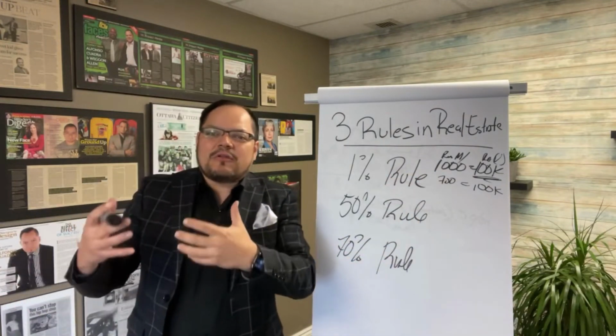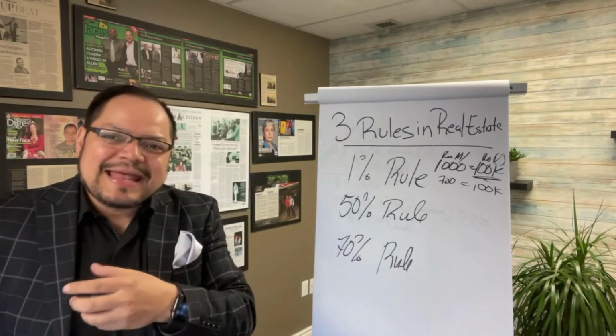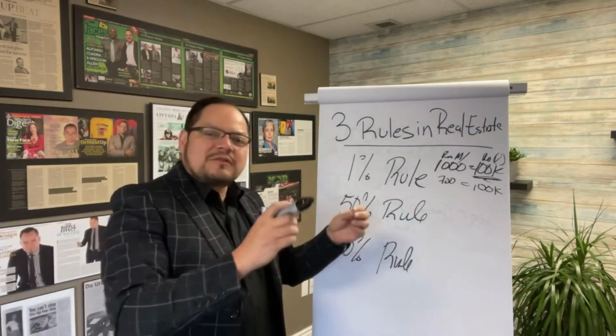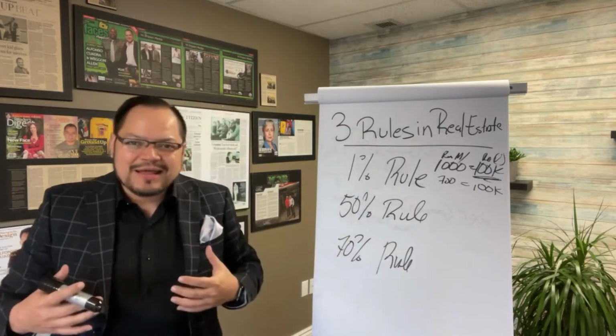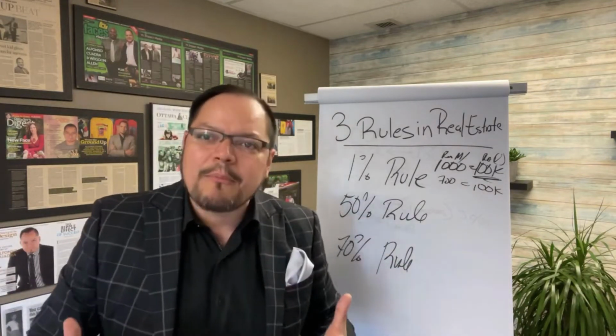The closer we are to that 1% rule, it means the property is going to work based on our criteria. Now, if you want to know a little bit about how we underwrite properties, how we put properties together,